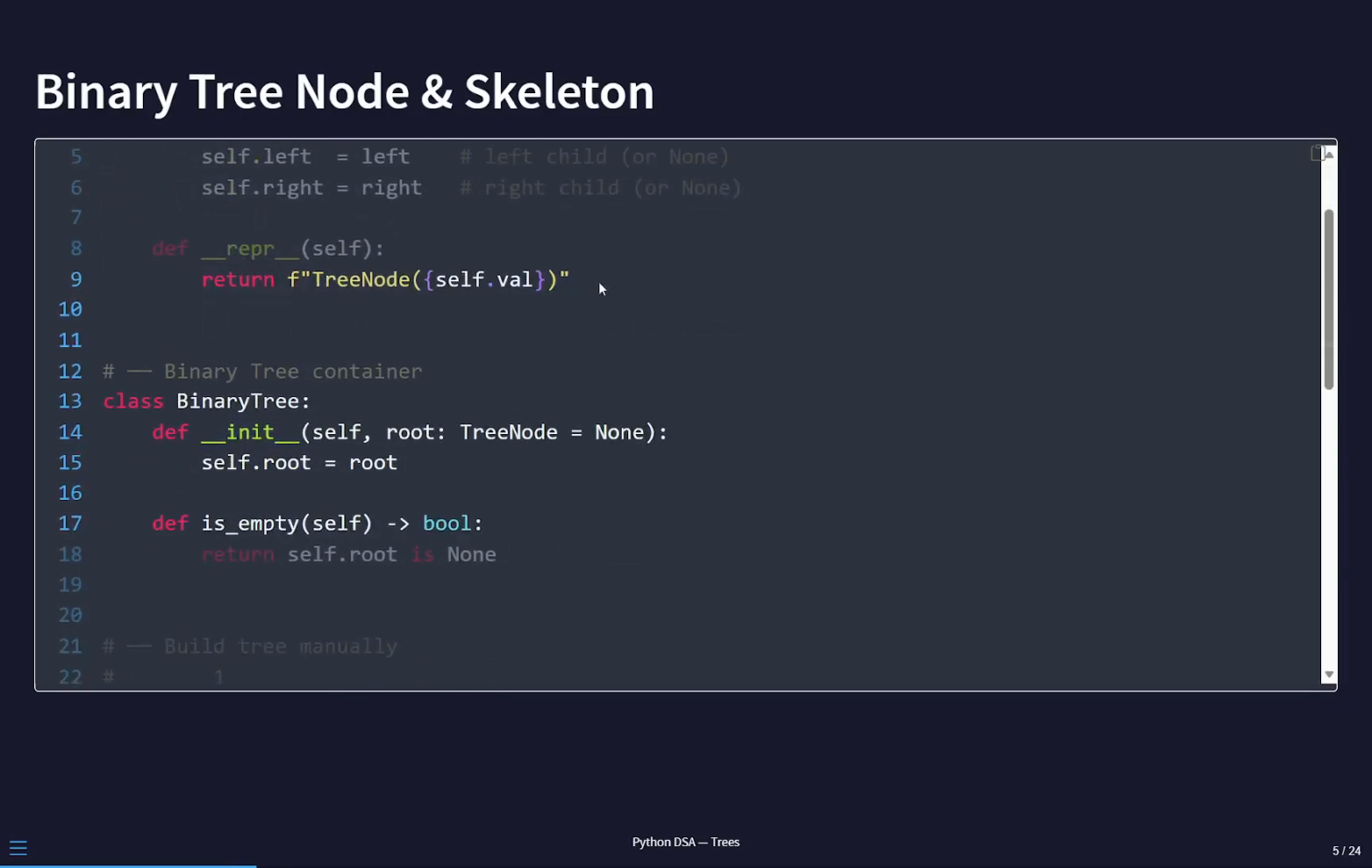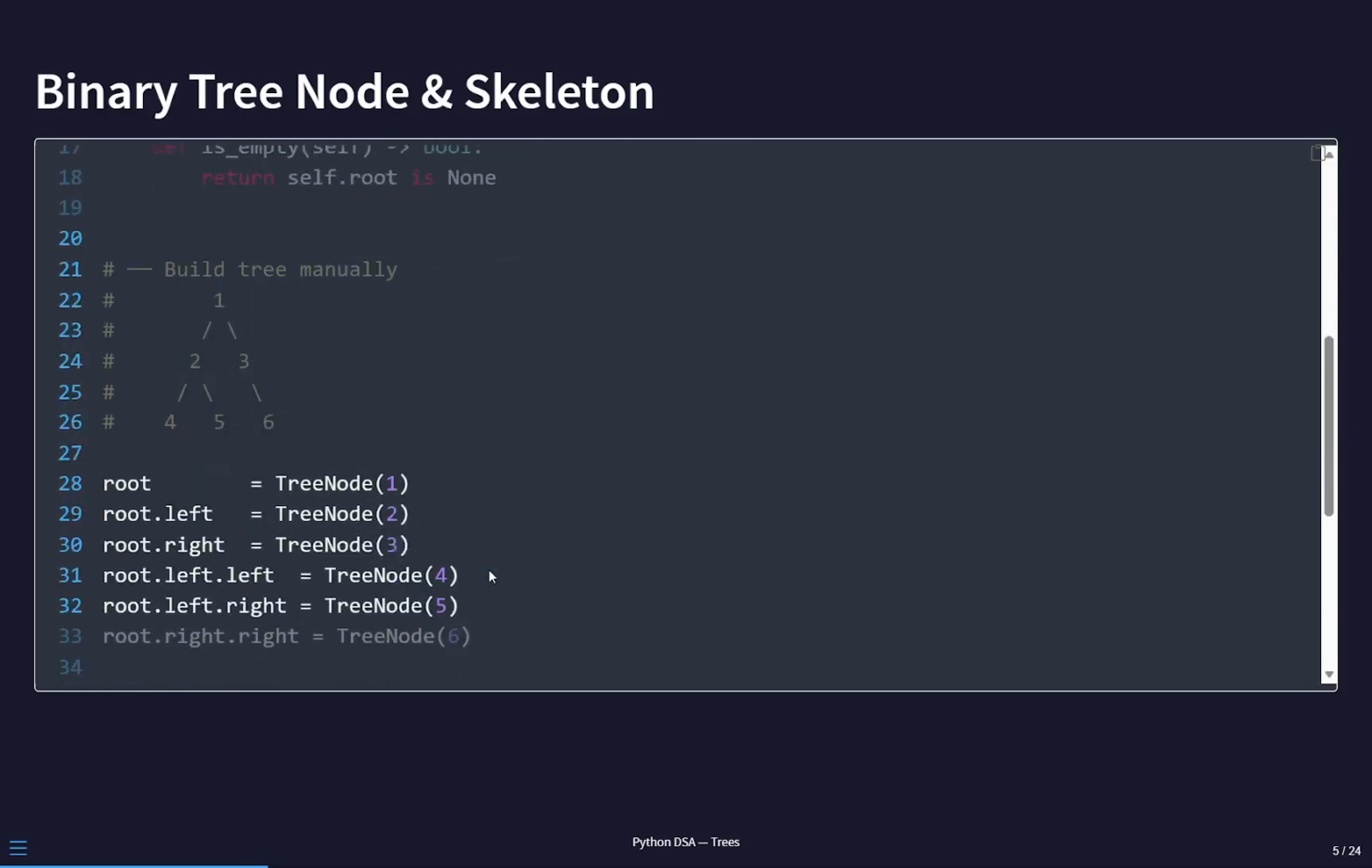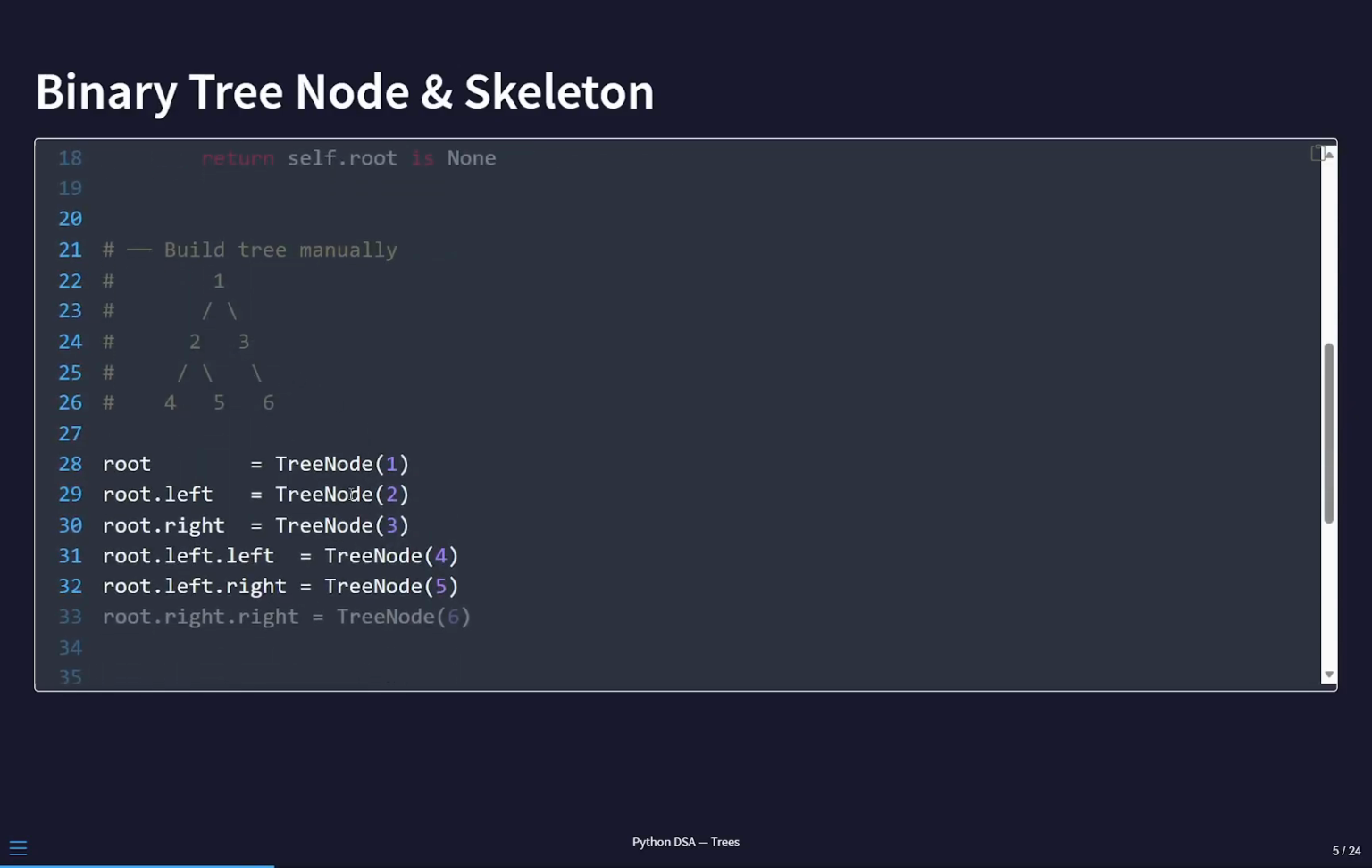__repr__ makes debugging clean. BinaryTree is a thin container. It just holds a reference to the root node. is_empty checks whether there's a root. You could work with bare TreeNode references throughout, but having a container makes the intent explicit when you're building